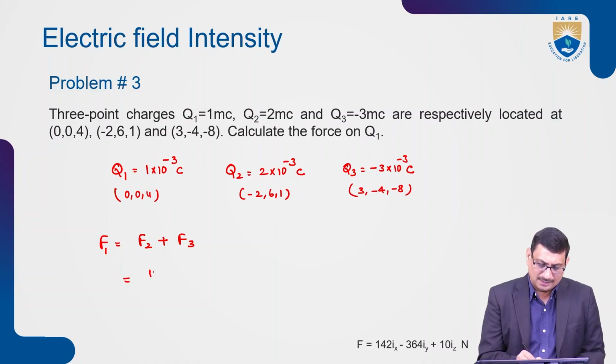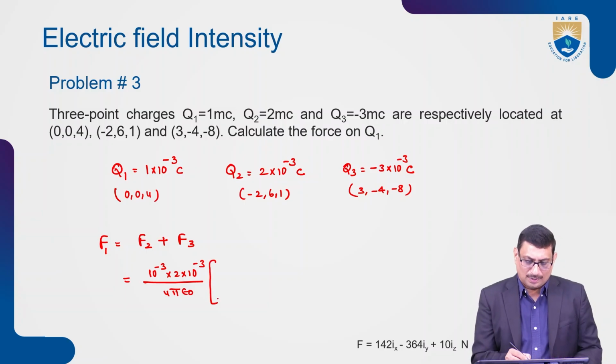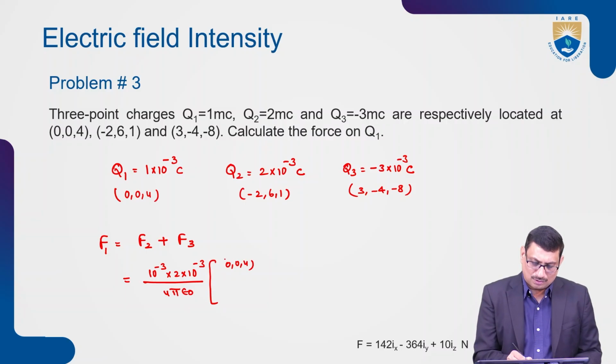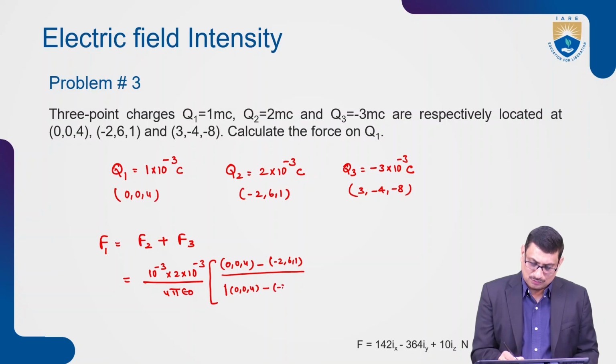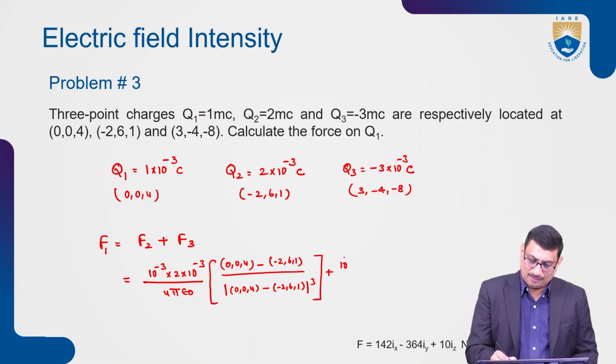Q1 Q2 divided by 4 pi epsilon naught, that is 10 power minus 3 into 2 into 10 power minus 3, into, where we have to calculate on Q1, which is located at 0, 0, 4, due to Q2. Q2 is located at minus 2, 6, 1, divided by magnitude of (0, 0, 4 minus 2, 6, 1) whole cube, plus again the force on Q1 due to Q3,